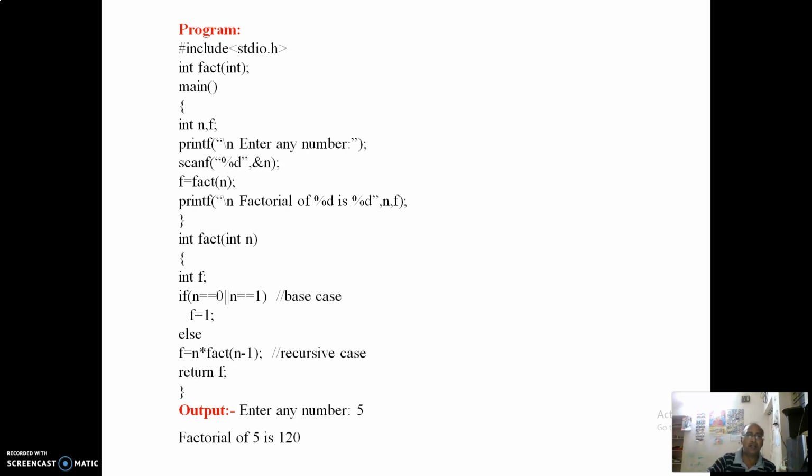Main, int f; enter any number; scanf %d; f = fact(n). This is the function calling. This is the function declaration. f = fact(n). Now suppose n is given as 5, that is fact(5). The compiler jumps to the function definition here. In fact(int n), if n == 0 or n == 1